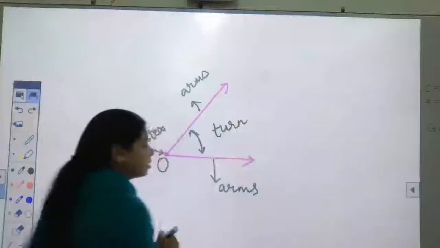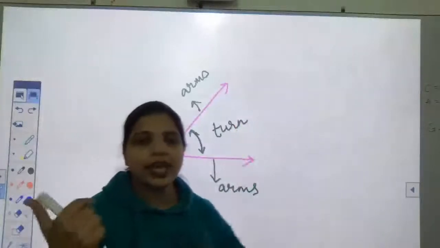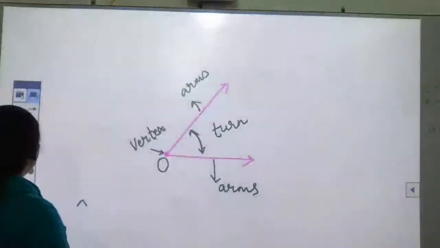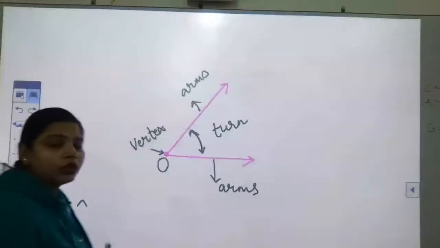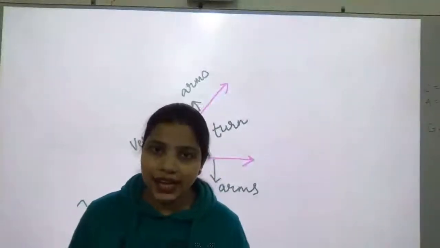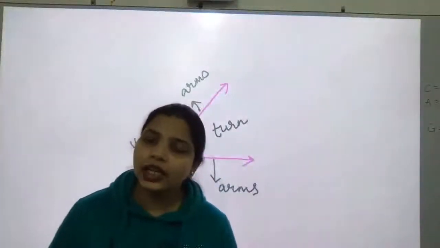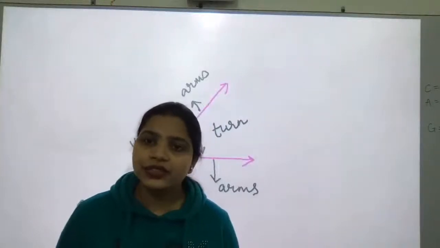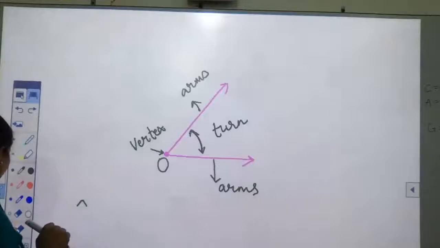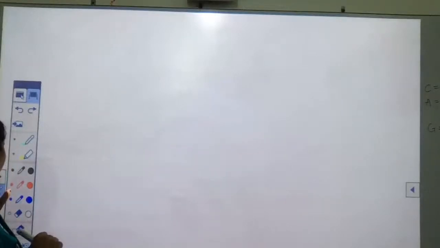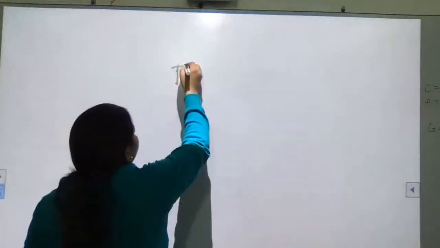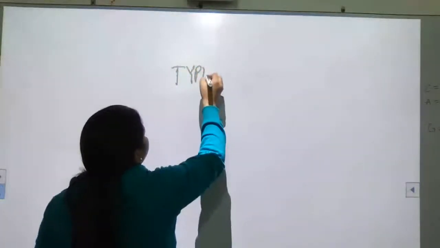Angle has three things: turn, vertex, and arms. Now, according to the amount of turn or the measure of turn, we can classify angles as acute angle, obtuse angle, right angle, straight angle, reflex angle, and complete angle, as well as zero angle. Let's see what all this is. So when we talk about types of angles,